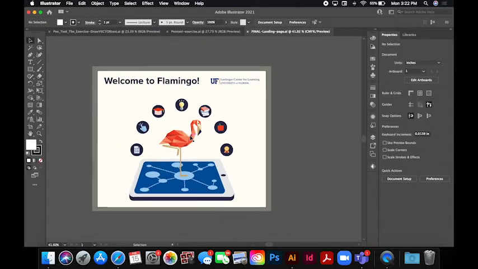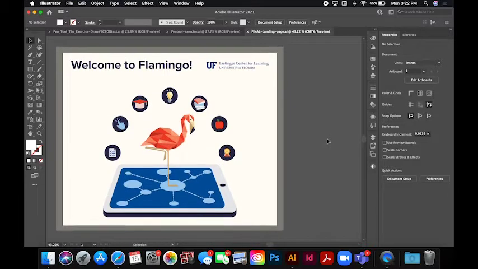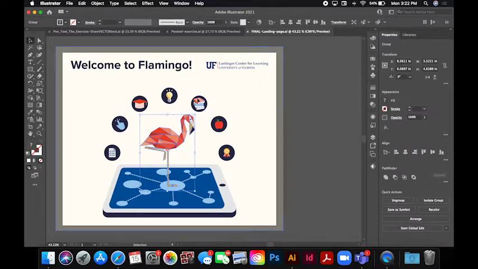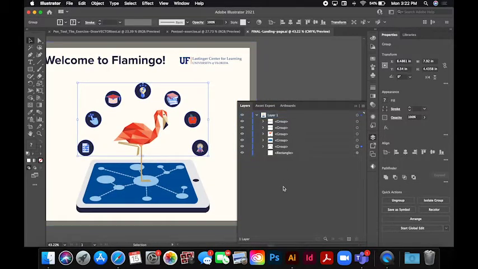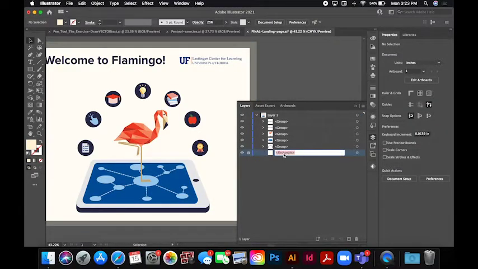Let's see. So I'm going to show you now how I would organize my layers. I work with Koi a lot because I'm doing the illustrator side while he is the animator. In order to optimize the file organization to ease the transition from Adobe Illustrator to Adobe After Effects, I have to put all these icons and assets in layers so that it's easier for him to navigate. So what I want to do is lock this, but I'll rename it background, right? So then this is a group, but